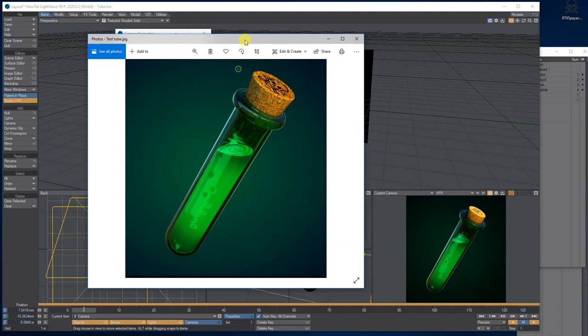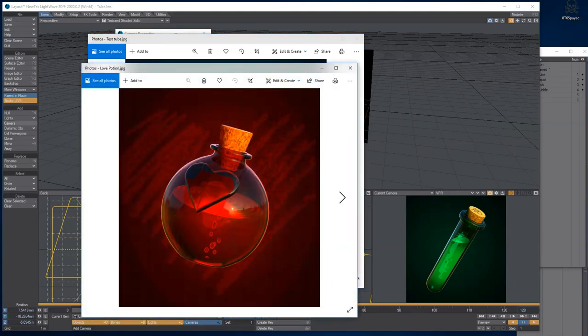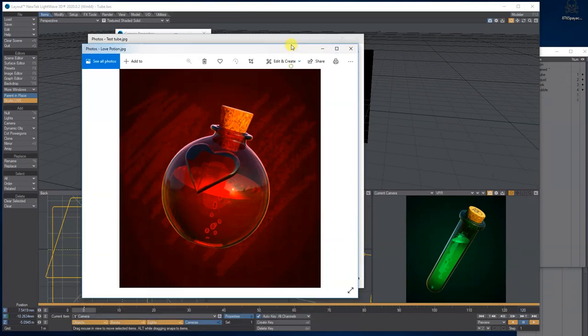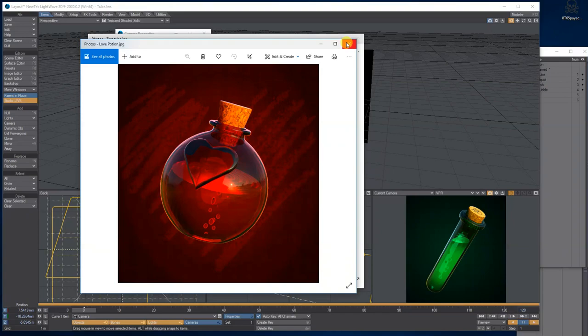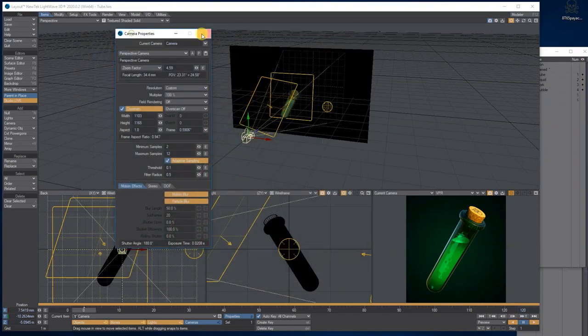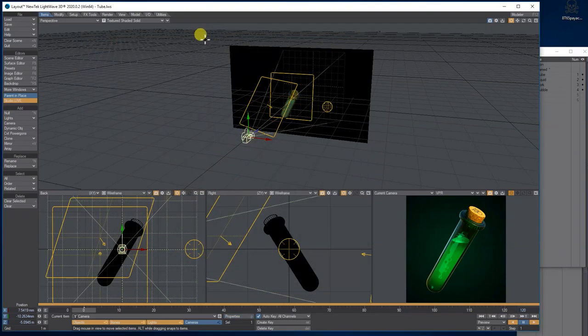Once I did it, I also did a love potion one, just to have a play around with. I'm going to do maybe another, a weird liquid look one or something, so I've got a series of them because it's quite enjoyable doing them like that. So yeah, that's it. I'm going to put you the link to the plugin I use. I'll also upload the contents directory for you to have and use as you wish for this test tube.